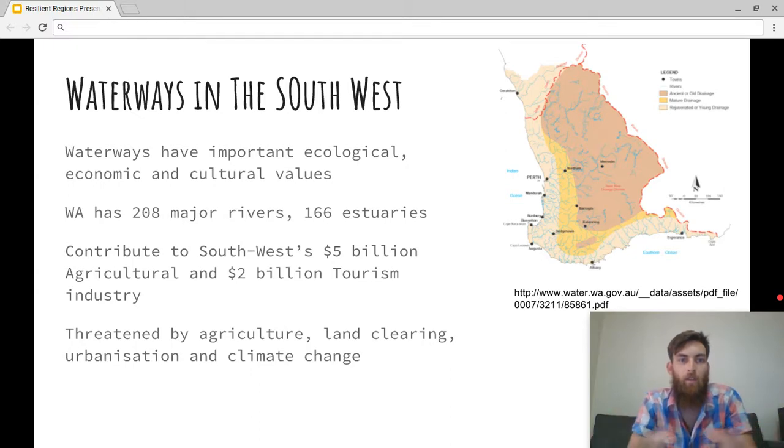Just a bit of background, the waterways in the southwest WA have 208 major rivers, and they flow out to 166 estuaries. They have important ecological, economic, and cultural values, especially with Indigenous populations. They contribute to Southwest's $5 billion agricultural and $2 billion tourism industry. The waterways are under threat by agriculture, land clearing, urbanisation, and climate change, and less than 1% are still classed